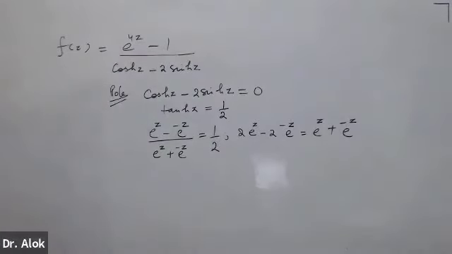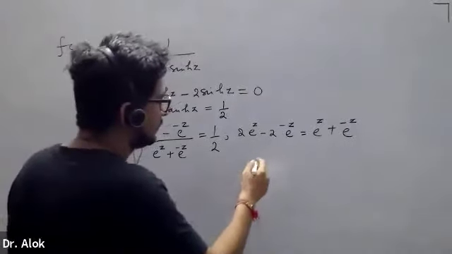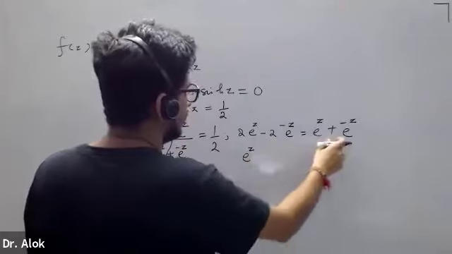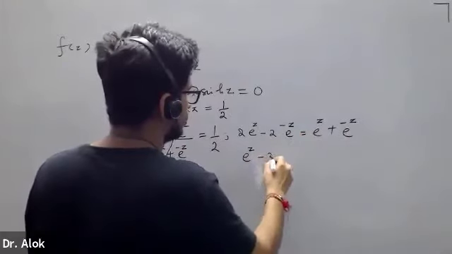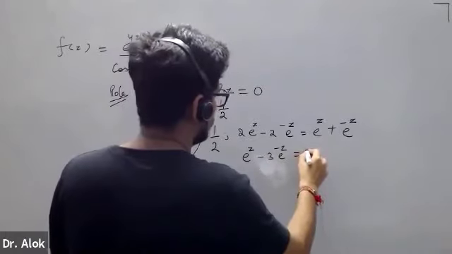Is this correct? So what will this equation be? This will be e to the power z minus 3 e to the power minus z is equal to